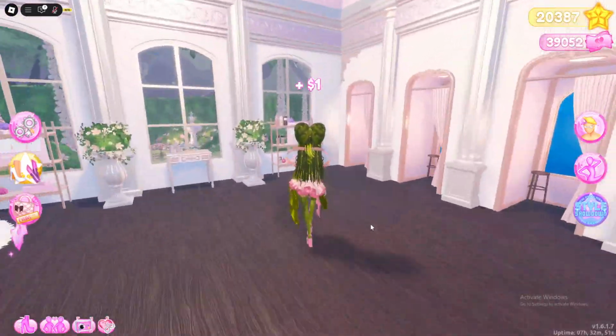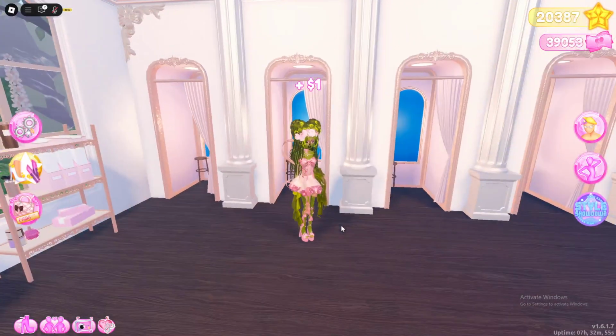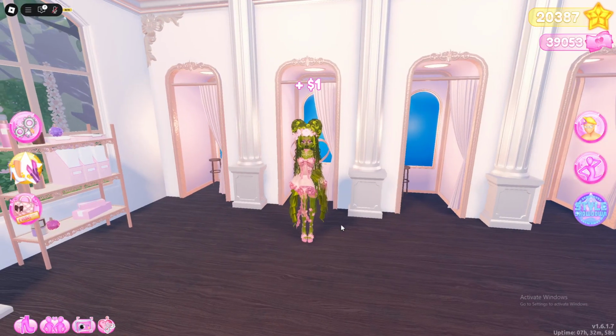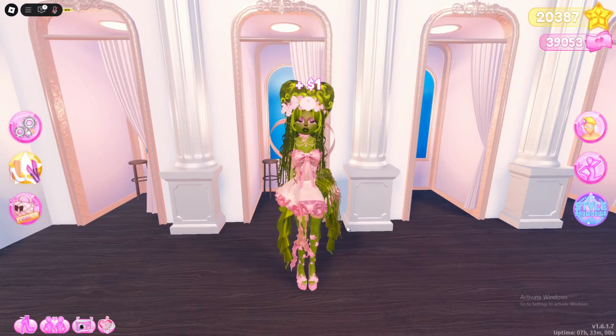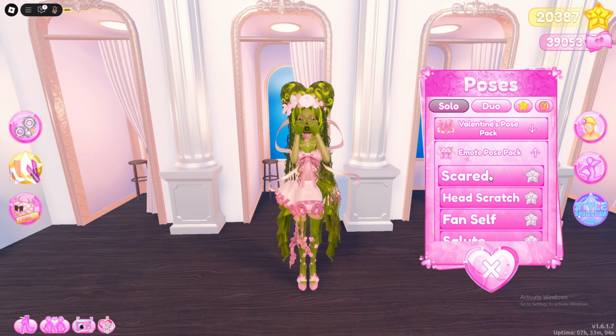In this video, I'll be showing you guys how you can merge two poses together on Dress Room Press. Make sure you have like a masculine body saved in the dressing room as well as the outfit that you have on right now. Then you are just going to pick